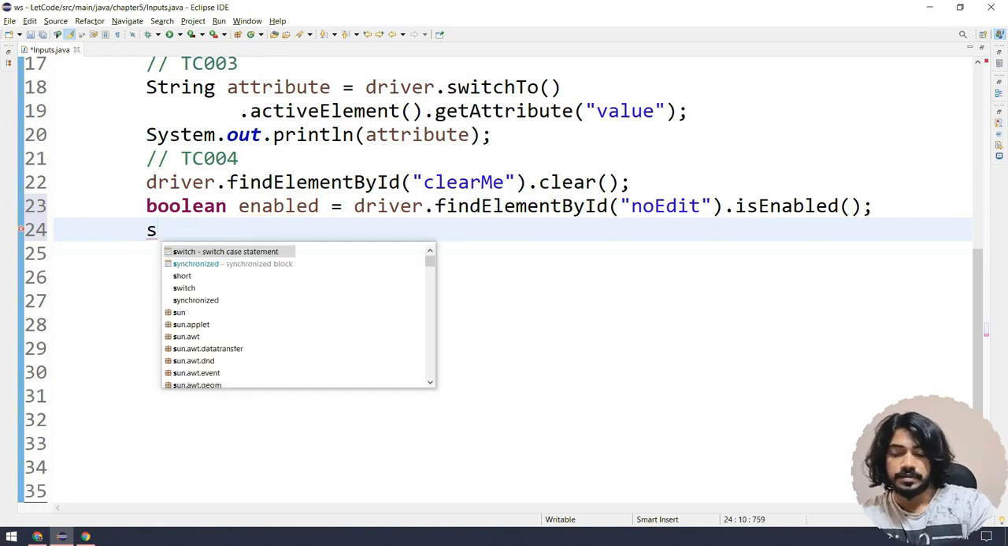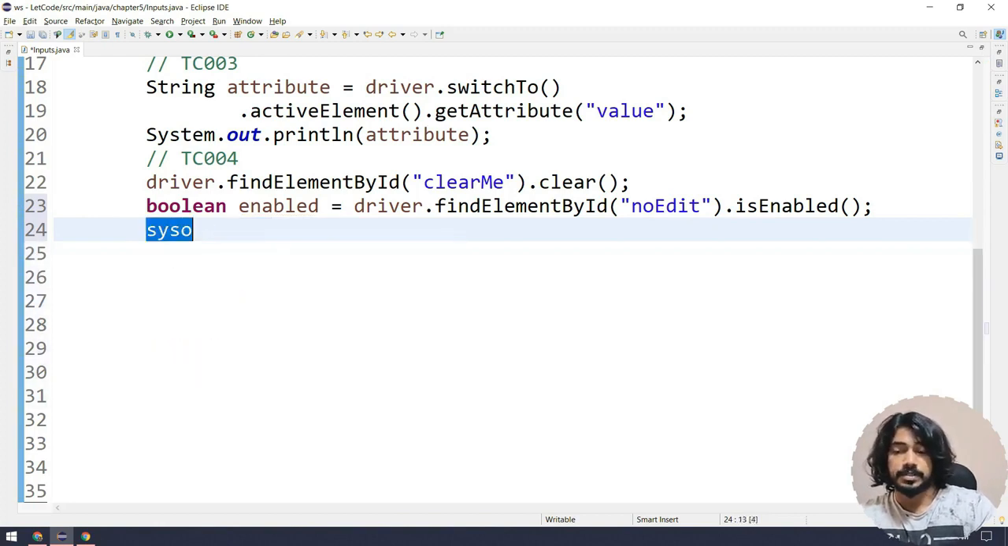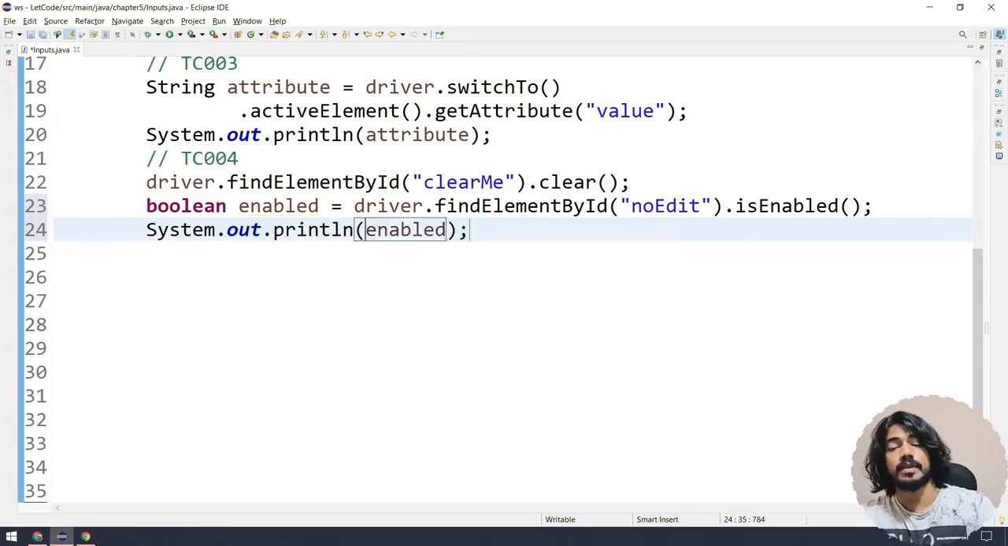Okay, not this one, sorry for that. So sysout, and then I'm going to say enable. Okay,